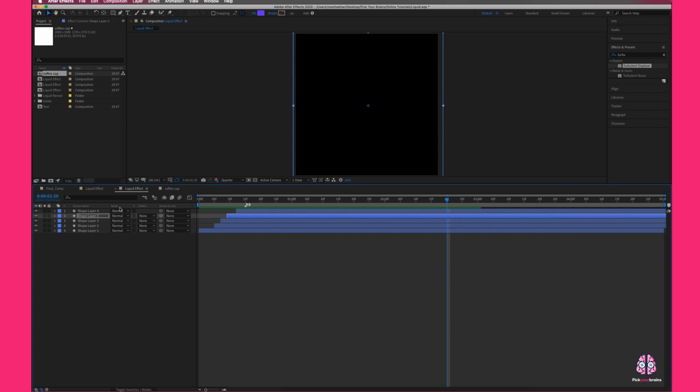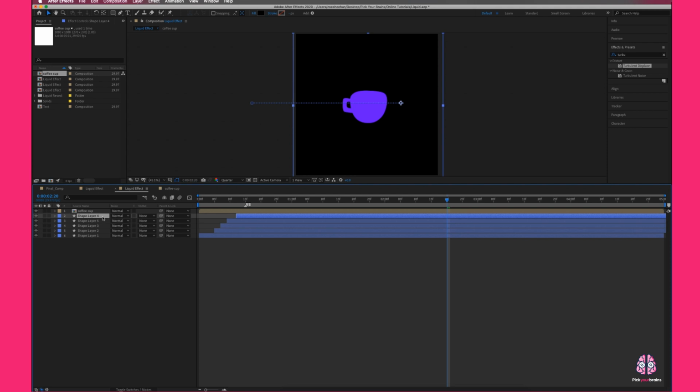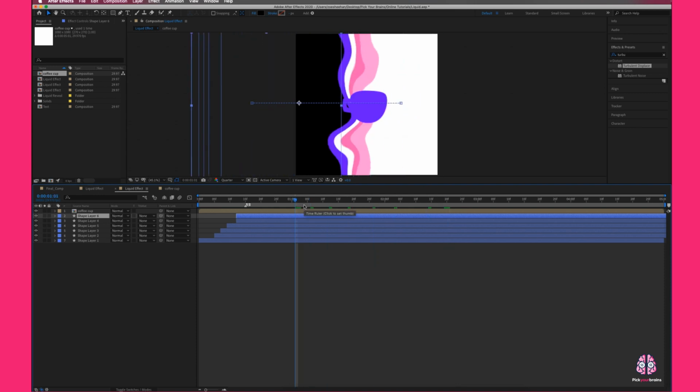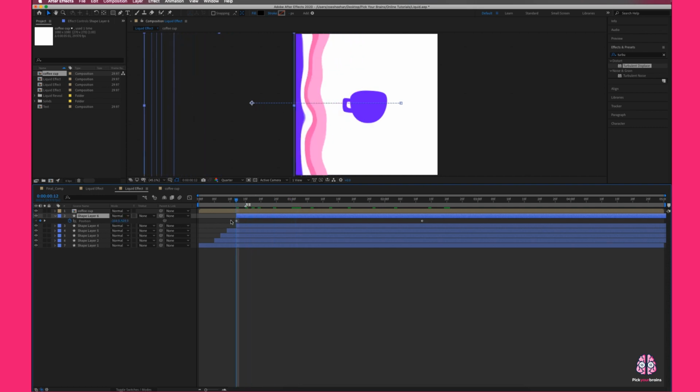So let's now put this coffee cup into our liquid effect composition. Now what we want to do is grab this shape layer that we've already applied our effects to and duplicate it again. Now what I want to do is rotate this and change the position. So instead of going from left to right, we want to go from bottom to top. So I click the letter U on my keyboard, which brings up all the movements that we've applied to this specific shape layer. So I'll go back to my position here,